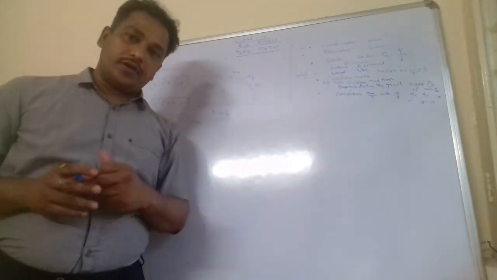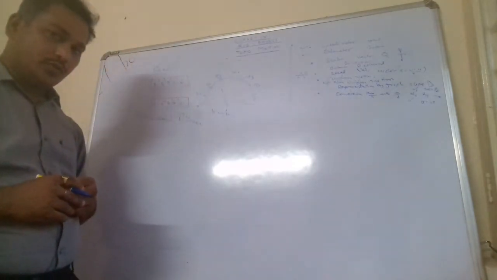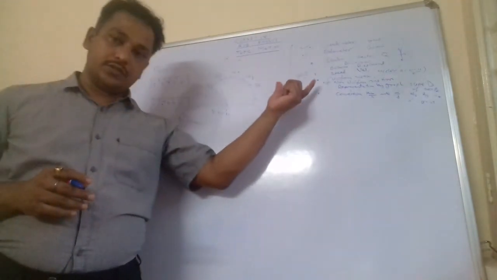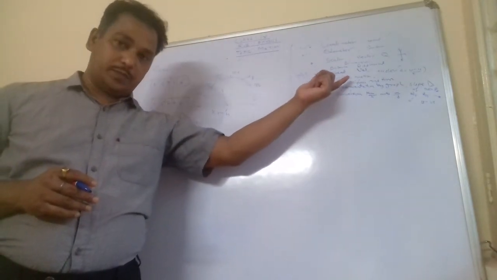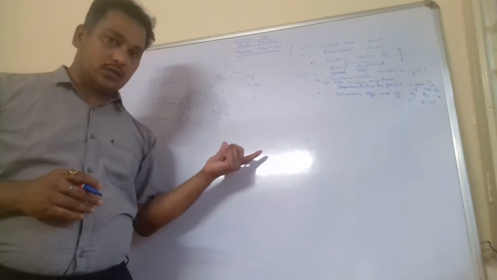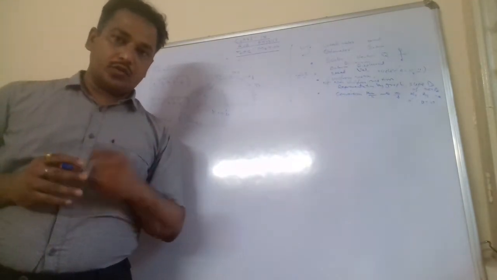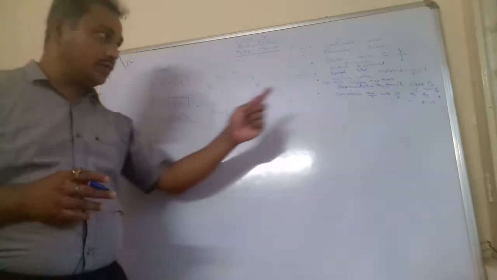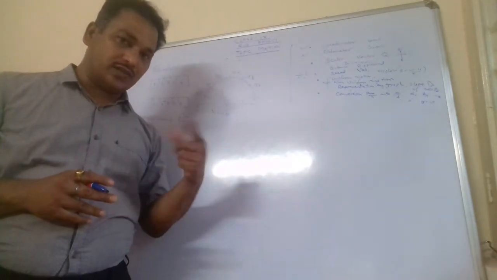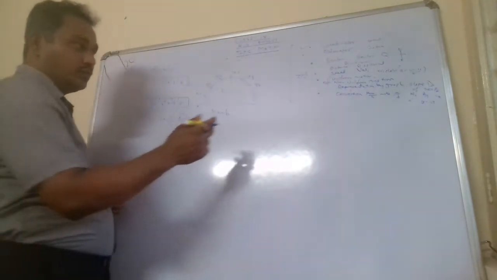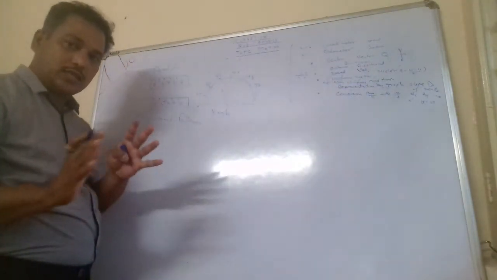Now scalar and vector quantities. What is a scalar quantity? Those quantities which have only magnitude are called scalar quantities, like time, distance, speed, mass. These are scalar, they don't have any direction. Magnitude, as you are aware, is the numerical value and the unit, as we discussed earlier as well. And vector quantities are those which have both magnitude as well as direction, for example velocity, displacement, acceleration, force, like we are applying some force in this direction.